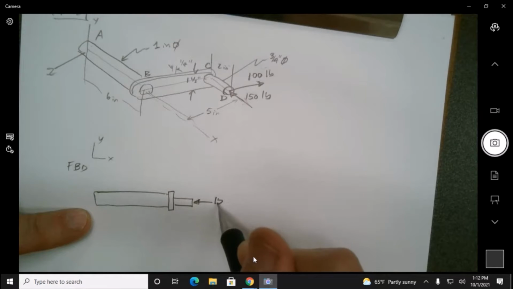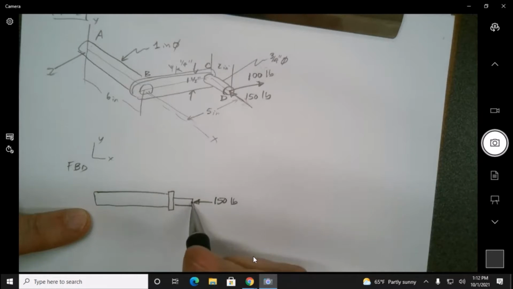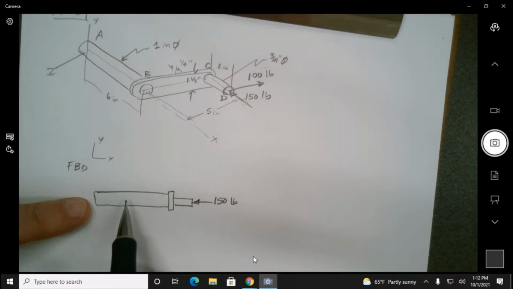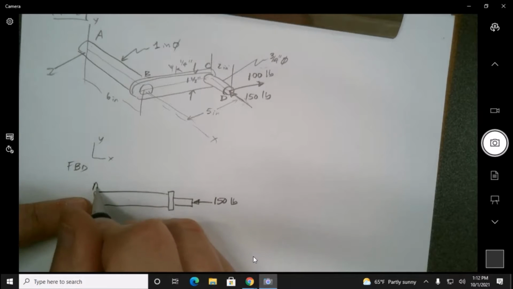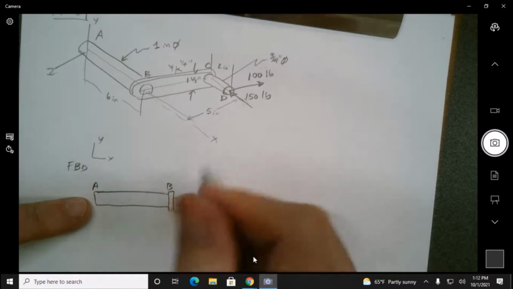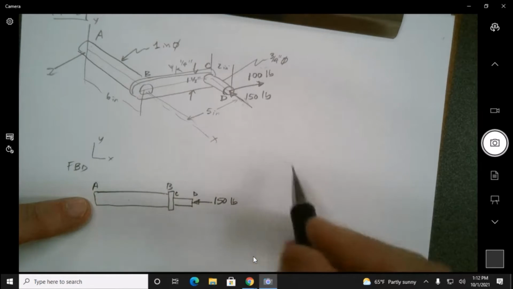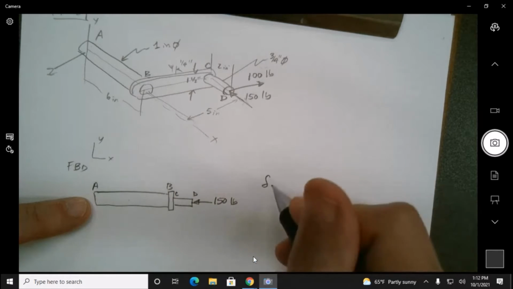Okay, so we only see the 150 pounds. In the x direction right here, we're going to have a crushing that's going to take place of this guy. This is A to B. And then we're also going to have it from C to D. They're both going to be here. So we're going to have a deflection